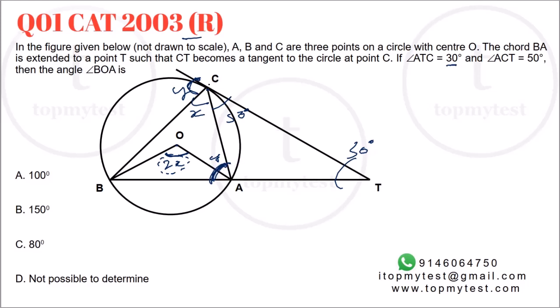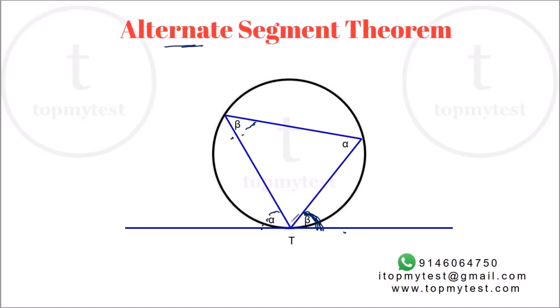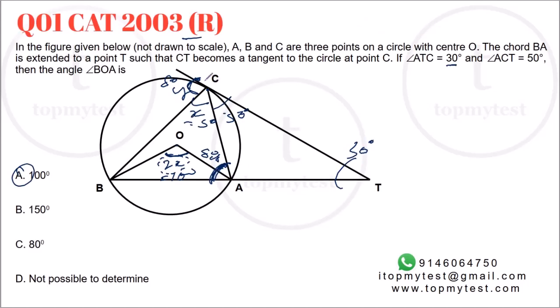Now what will be angle CAB? Angle CAB is the external angle to this triangle, so it will be equal to 50 plus 30, which is equal to 80. So this will also be equal to 80. So now we can find x. 80 plus 50 is 130. So 180 minus 130, x will be equal to 50, which means 2x should be equal to 100. Option A will be your correct choice. Be a little patient. Usually the alternate angles are given in this format. Here they have inverted the diagram. Other than that, the question is pretty straightforward.